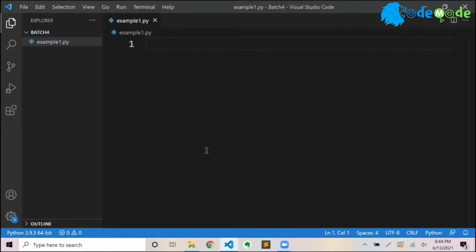Behind the scene, it sends the code to Python, and Python sends it to the computer processor, and the processor runs it. So for humans, it's easy to write a program here, save a file, organize all your files on the left side. So this is more like an organizer. It has nothing to do with Python. You can write C++ code here, you can write Java code here, anything you want. It's just an editor, like your Notepad, right?